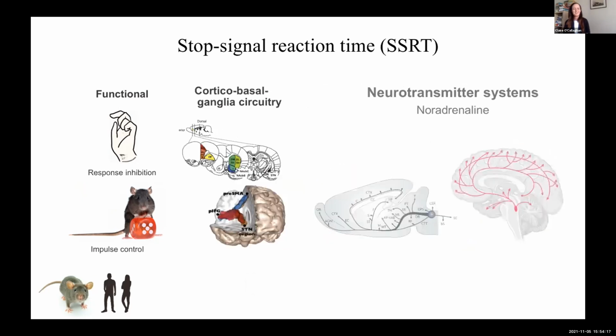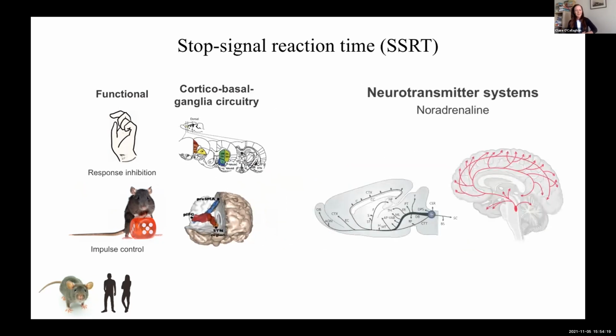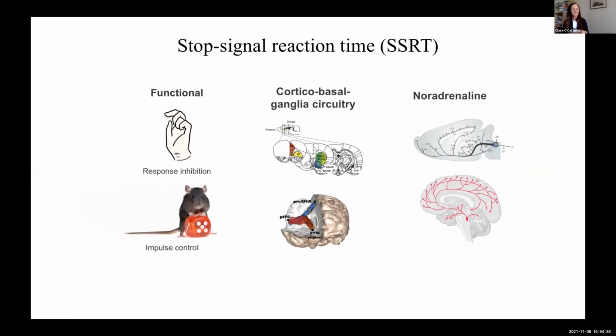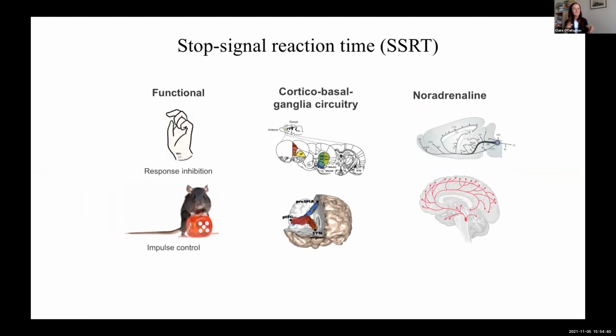And even more beautifully, from very careful cross-species work, we note that there's a homology in terms of the neurotransmitter systems that seem to come on board when this type of behavior is required. And in particular, the noradrenergic system persuasively modulates this ability to withhold or cancel a response. So you can already see that by using this kind of task, we can weave together these three levels of analysis